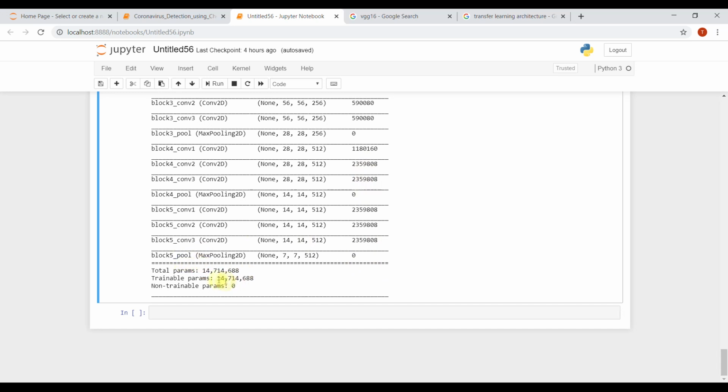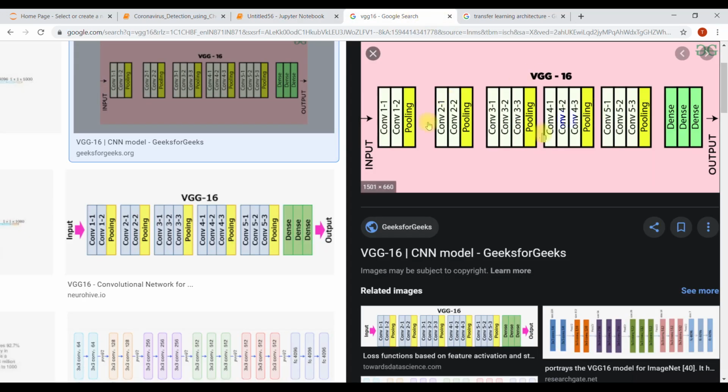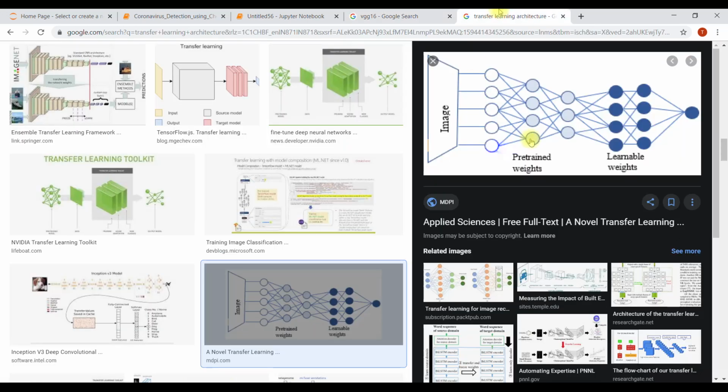They are all trainable parameters, but we don't want to train anything. We don't want to train this pre-trained VGG model. This is already pre-trained and fine-tuned. We want to train those layers which we are going to add now. This pre-trained model is just going to act as a feature extractor.